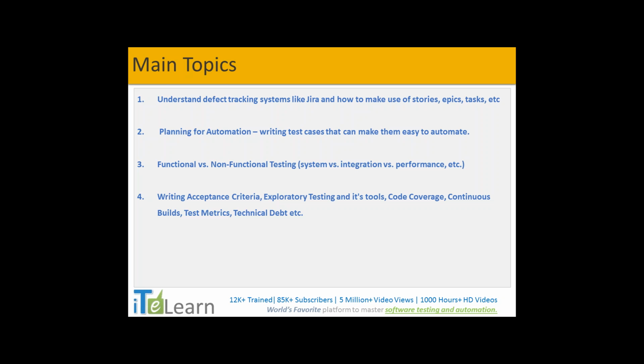If at all anybody has any misconception that testers will come into the project only after coding and after testing of it, they will be going out of the project. That is not the case in today's world. At least you are there equally with the developer from day one till the end of the project,